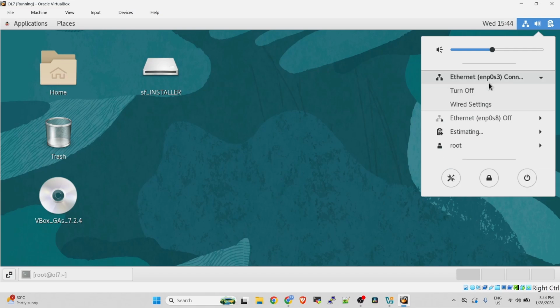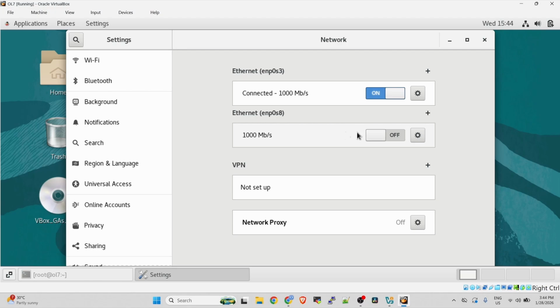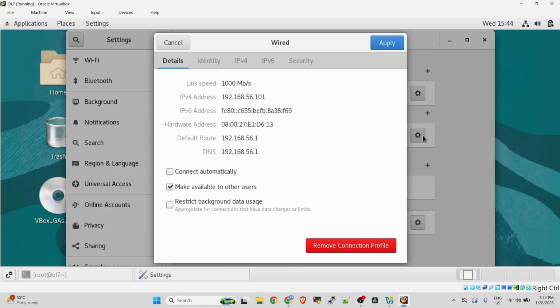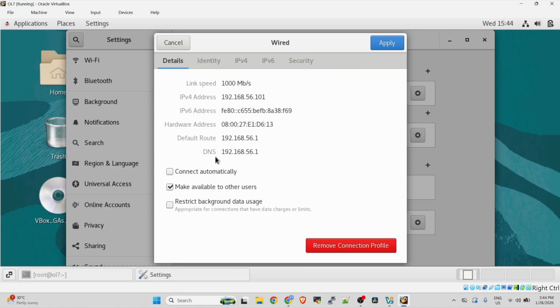So the enp0s3 is connected, but the enp0s8 is not connected currently. So what we need to do is click the on button, and then click this one to double check our IP address, and then connect automatically. Apply. So just like here, it is connecting automatically.